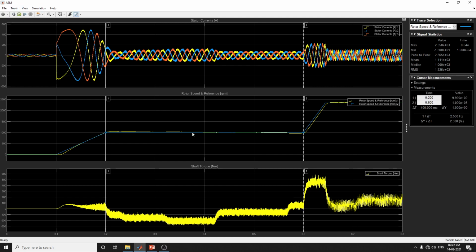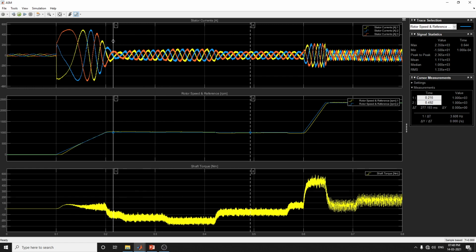It shows cursor 1 and 2. Here itself you can move this cursor and see what is the value. Here you can see, at a particular value, what is our delta y, delta t value, and the 1 by delta t and delta y by delta t values. You can analyze. This is cursor 2, this is our cursor 1. You can move like this. You can also note down the time and value for the